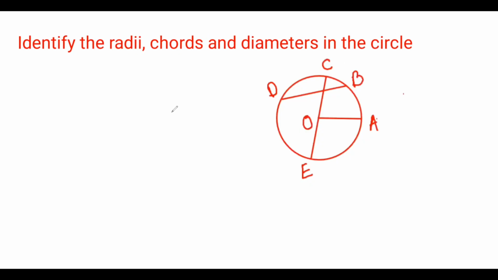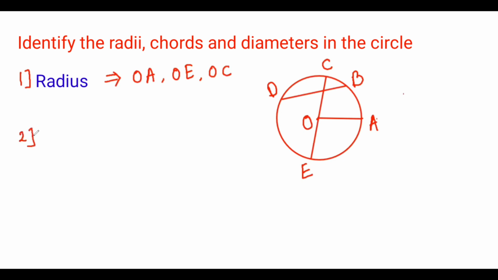So student, look at the figure. In that figure, you have to identify the radii, chords as well as diameter. Look at the first, radii or radius. This is the distance between the center and a point that lies on the circle. Here look at OA. OA is the radius, as well as OE and OC. O is the center. E and C lie on the circle. So all of those are called radii.